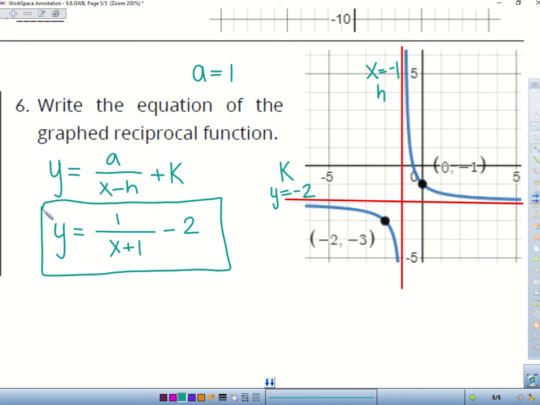And then if you're using Desmos and you want to make sure you're right, couldn't you just graph your equation and make sure it matches? I recommend that on tests and quizzes for sure. All right. So for